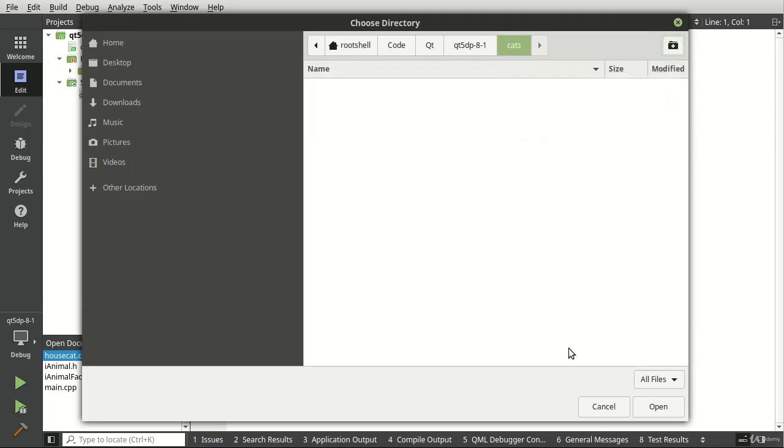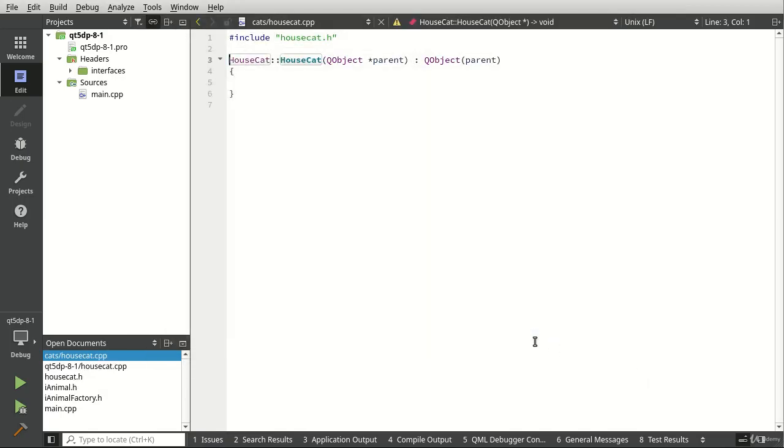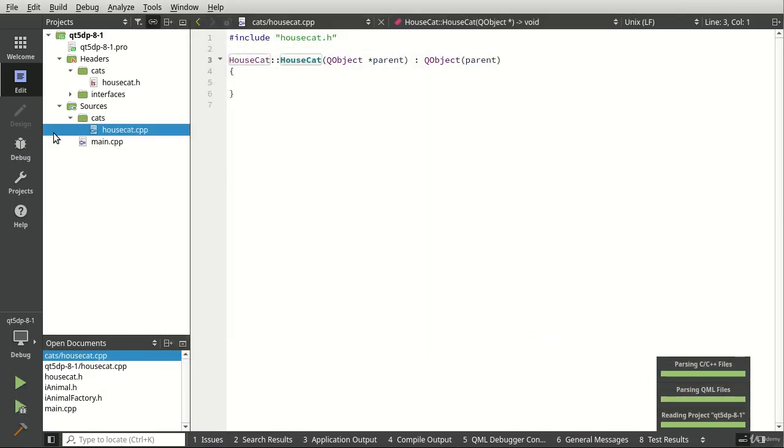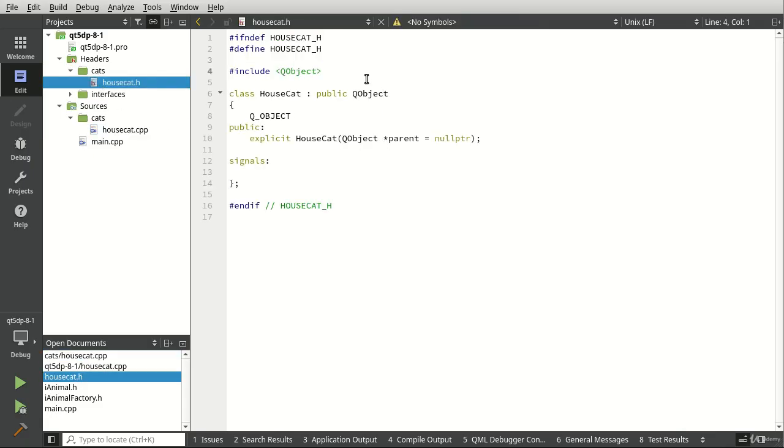Cats. It was going to mess up my whole train of thought if I didn't put that into its own little subfolder here. I like organization and structure in programs, and a lot of tutorials really don't show how to make that structure. All right, so now that we've got our house cat,